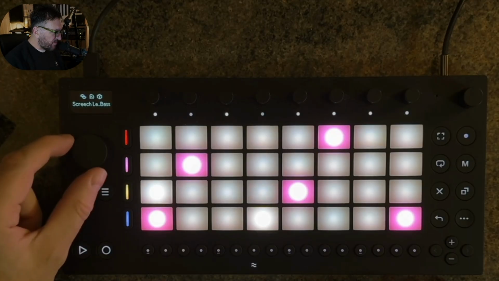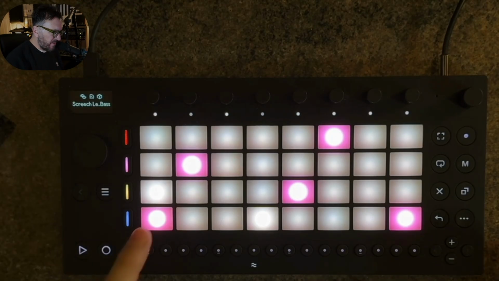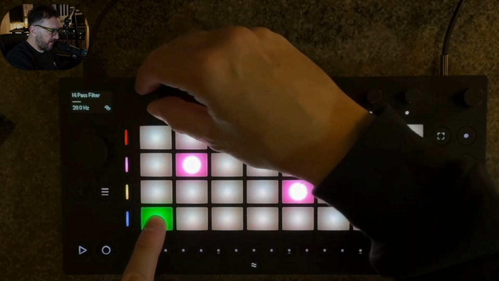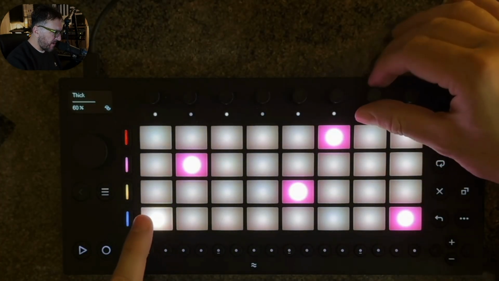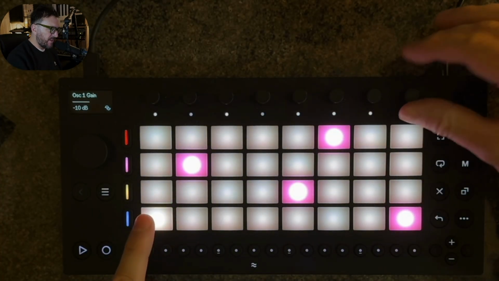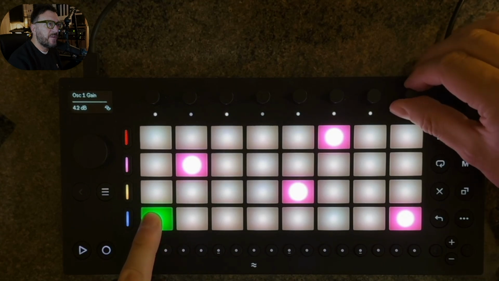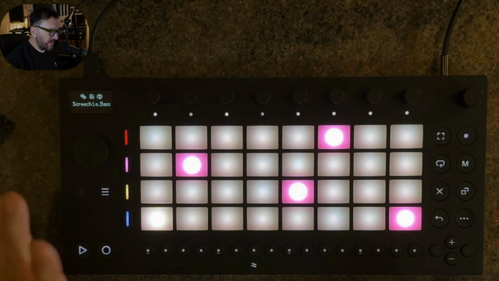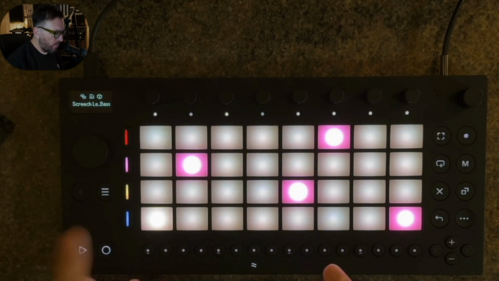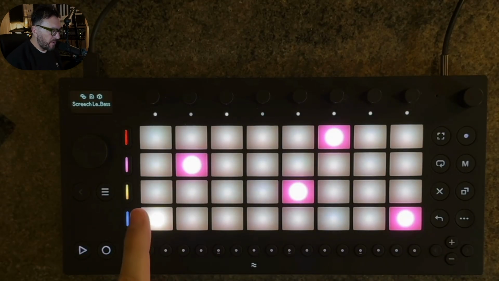So this sound, Screech the Bass, it's a great sound. It's got all kinds of ways to play with it. And you've got things like thickeners, and you've got this oscillator 1 gain, which, listen to this. You can add sort of upper harmonics, but it's a monophonic sound, so you can only play one note at once. So if I hold a note down like this,